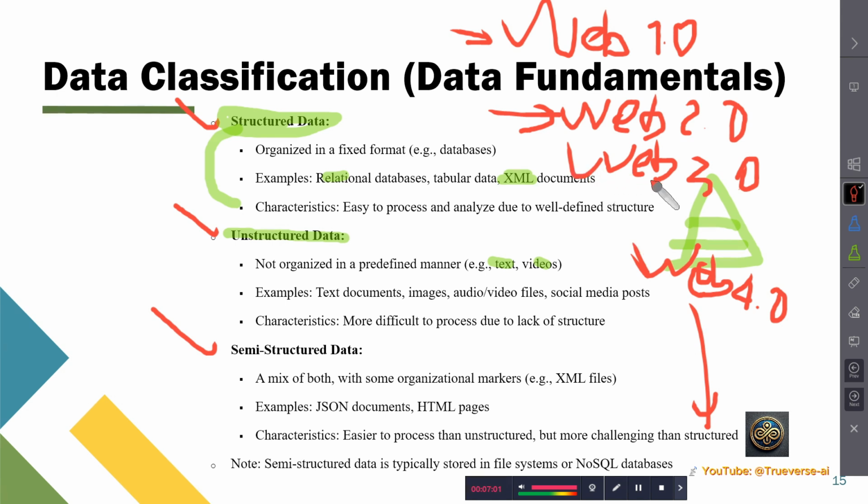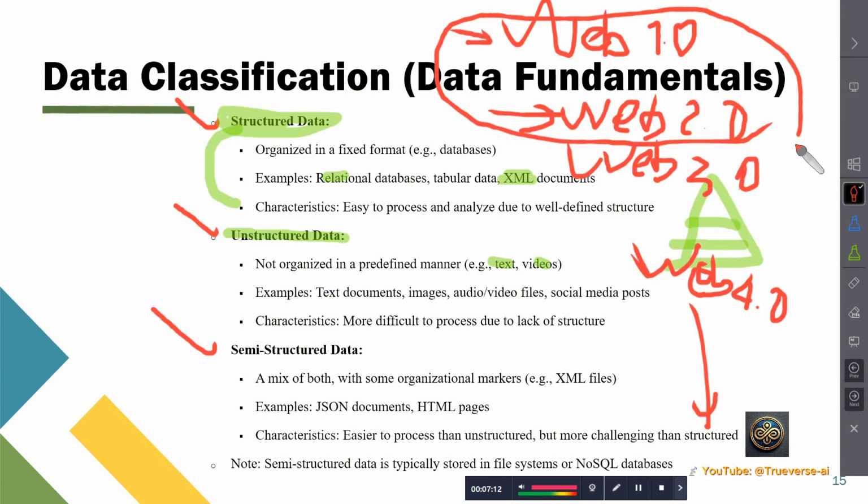Semantic means meaning, because in web 1 and web 2, the computer, with HTML and CSS in the front end, cannot understand the words because that is code, but in web 3 it can understand. There are many things related to this, but I don't want to go into that because it is a big topic. Just coming back to the example of